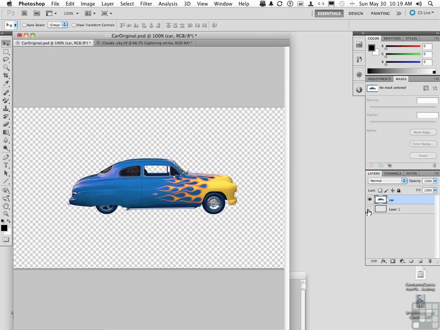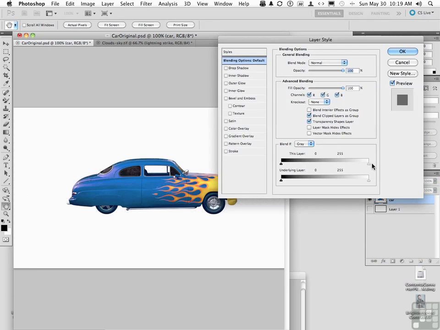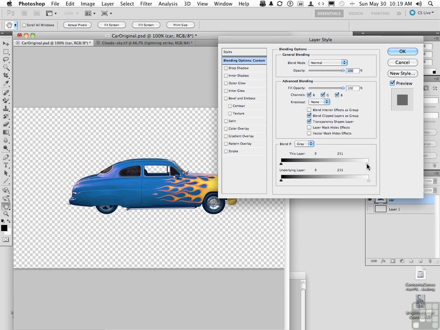The good news about blending options is they are totally non-destructive. I can come back tomorrow and come back in here, go back into blending options and turn it off if that's what I want to do. Blending options in Photoshop allow you in a non-destructive way